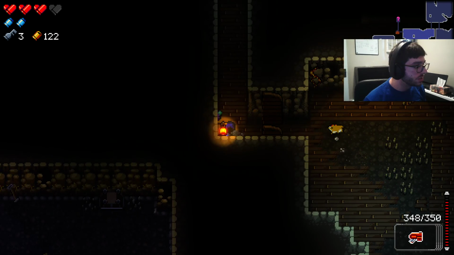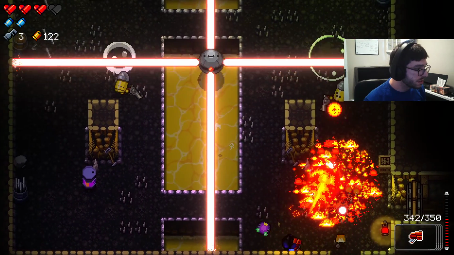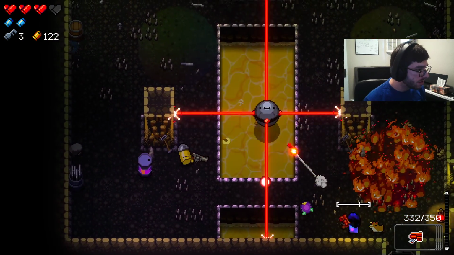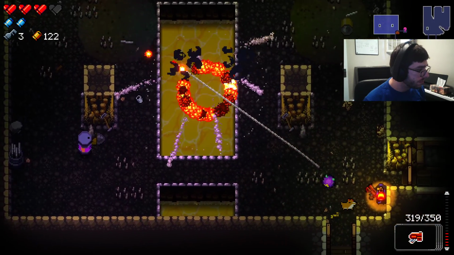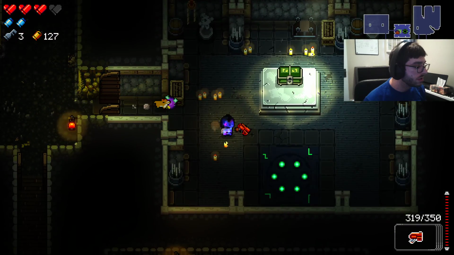Start using this Phoenix just as I can. Again, it's not a great weapon. As you can see, it's good to get close. It has the fire. Other than that, it just kind of shoots a mediocre shot. But it's a little bit stronger than the starting pistol, so...